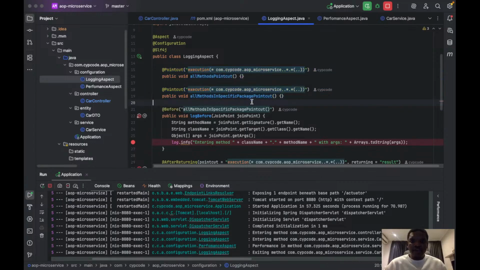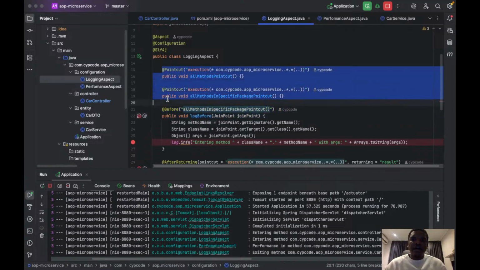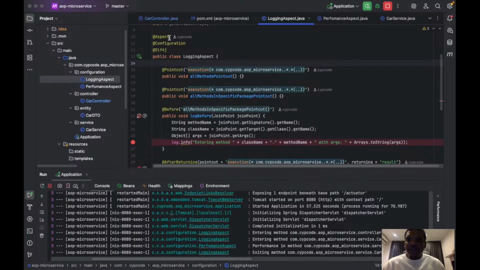And we also have our join points that are defined here to handle the advice that needs to happen when we trigger these pointcuts defined at the top. So we have the aspect annotation, and we have our configuration to make it a Spring Bean. Then we have our Slf4j, which is to log anything that we want to log at a particular point. Then over here you will see our @Pointcut